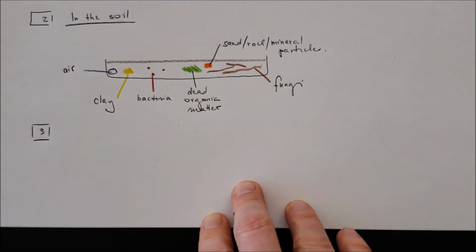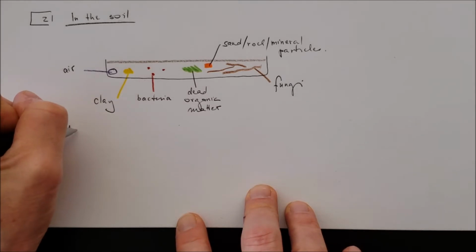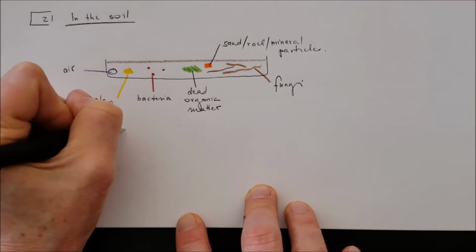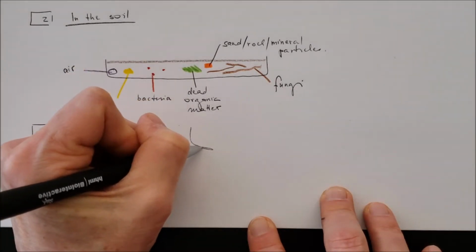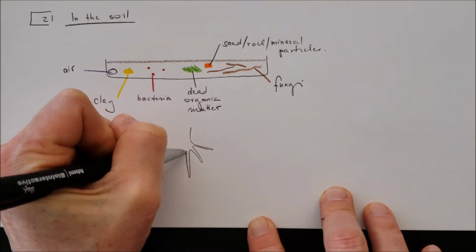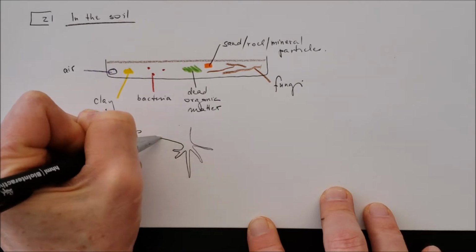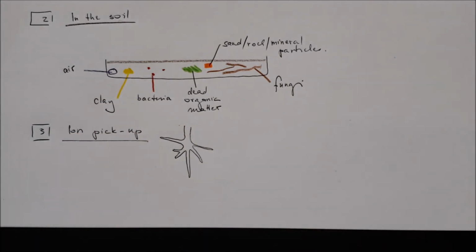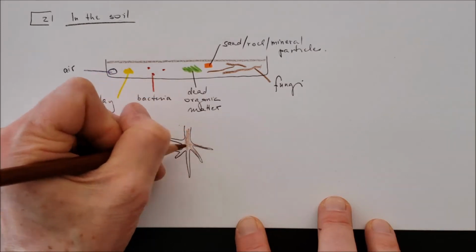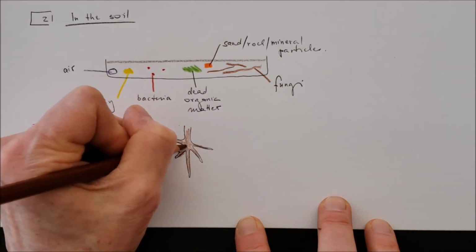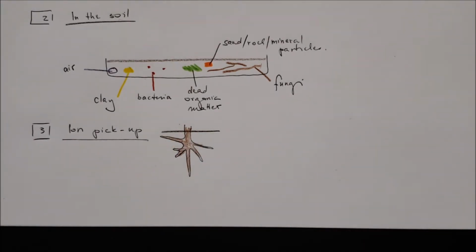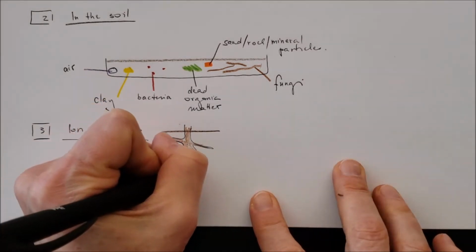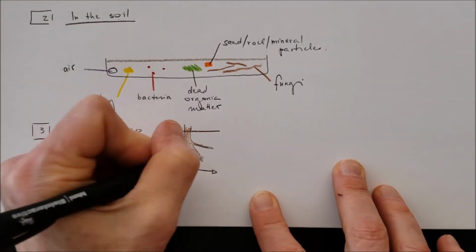Number three is how ions are going to be picked up from the soil by the root. So here is the root system for a plant. This is going to be the soil level. So because of the cellular respiration that happens in the roots too, carbon dioxide is going to